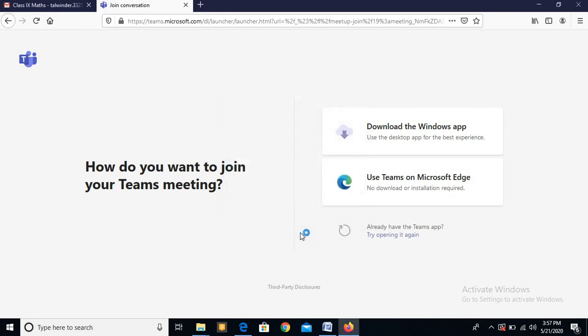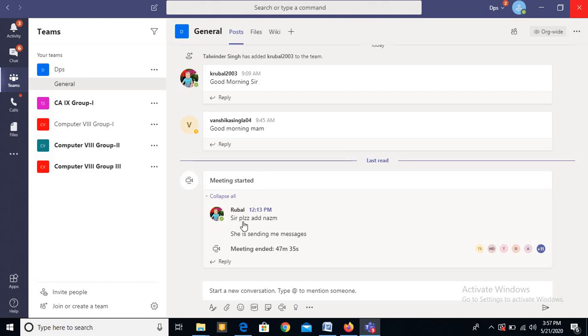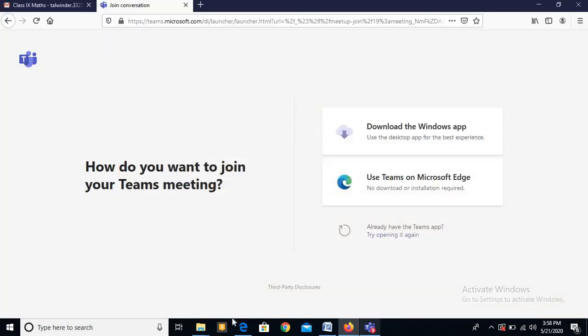You can join Teams or you can use Teams on Microsoft Edge or download the app. If it is an app, it will go to the app on the student end also. If you don't have the app, this is the app which I am currently using, not with the Microsoft account, with others, so it takes me there only. Now the time is not yet here, so that's why you will not get the option, but when the time is near you will get the join option here and you are able to join the session. I hope how to conduct this is clear to you.